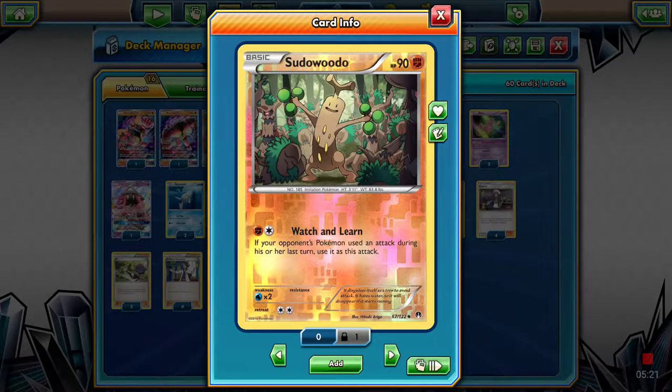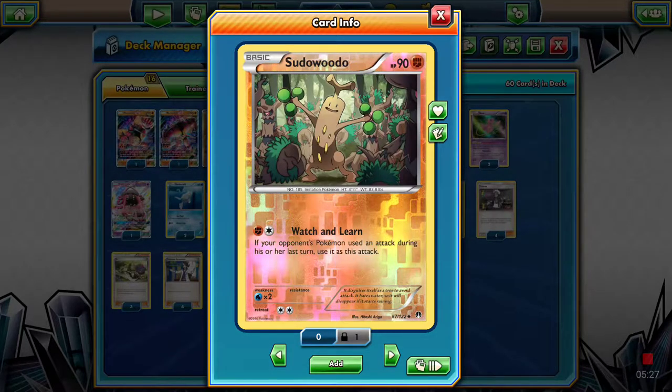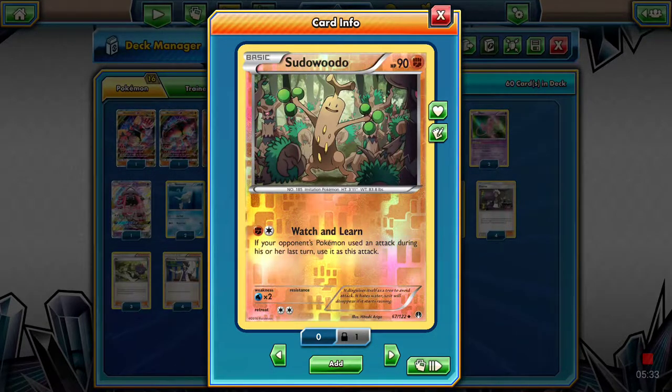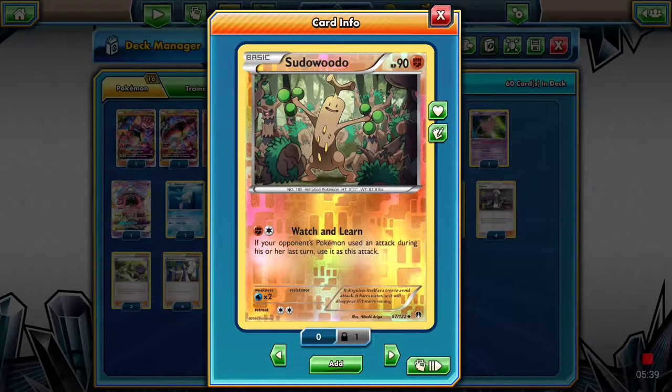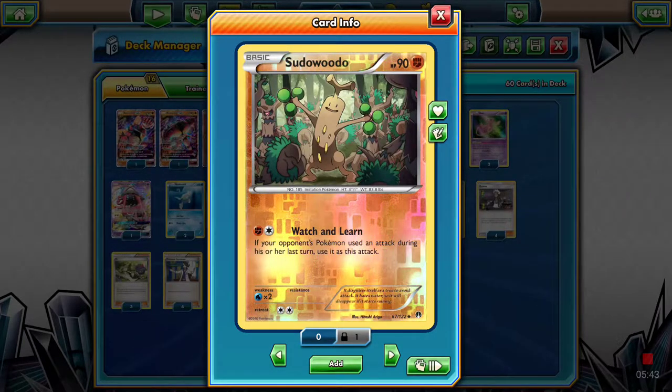Watch and Learn is just really, really good, especially against decks like Zoroark, or a lot of decks that have these dark types that are weak to fighting. Or if you're playing against a Gardevoir that's going to Infinite Force, you can Infinite Force it back. Or for a Ho-Oh deck that's going to Phoenix Burn you for 180, then you can 180 them back. Watch and Learn is just a really good ability,